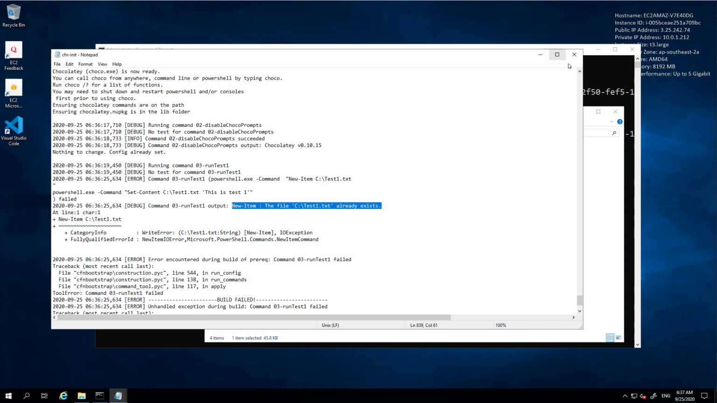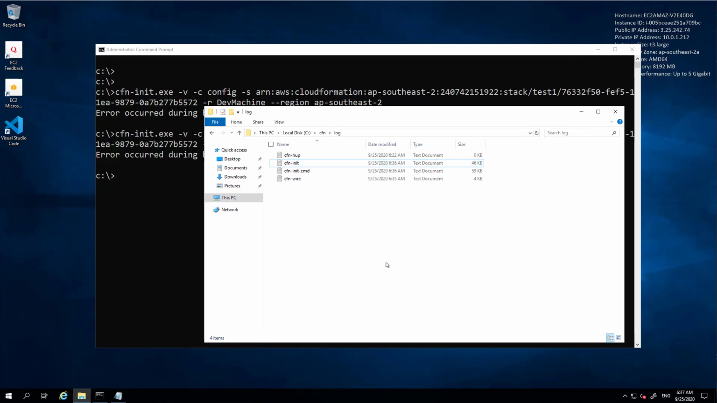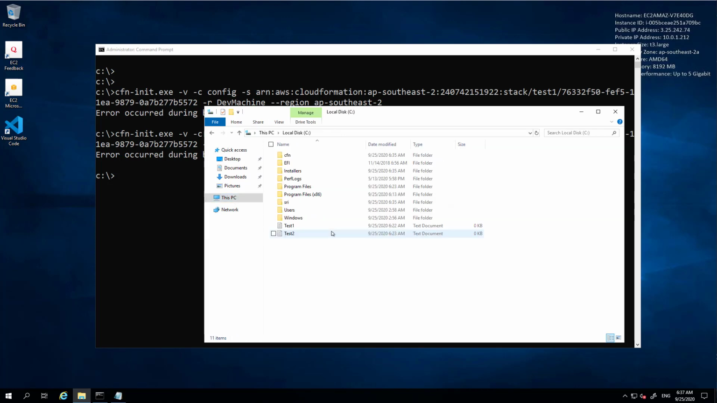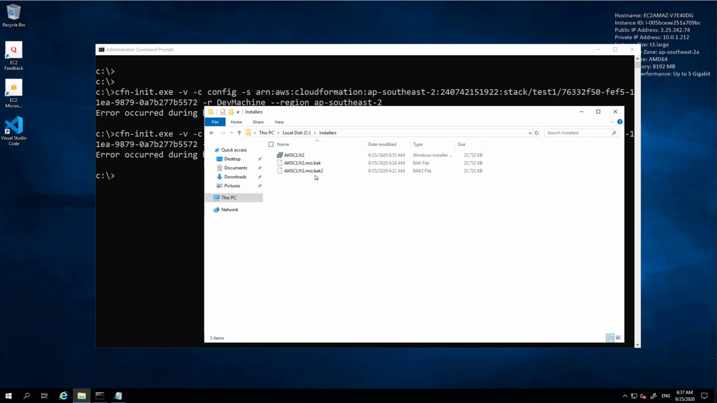by cfn-init. If you want to create a file or download a file and install it, the best approach is to use the file section of cfn-init. If you look here, I have this installer file, which is where I'm downloading the AWS CLI. As you can see, when I execute cfn-init multiple times, if this file is coming as part of